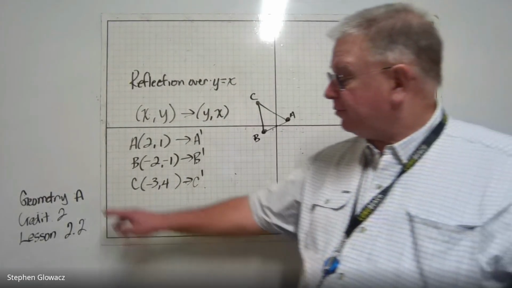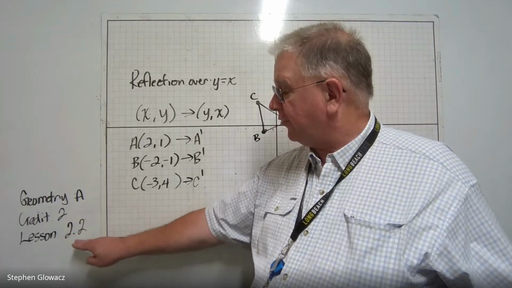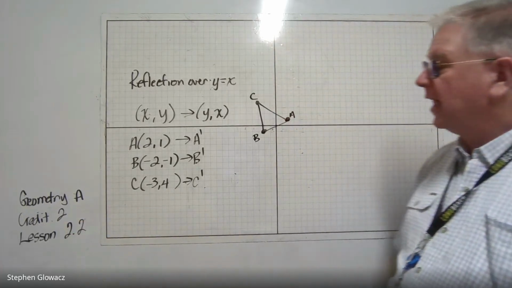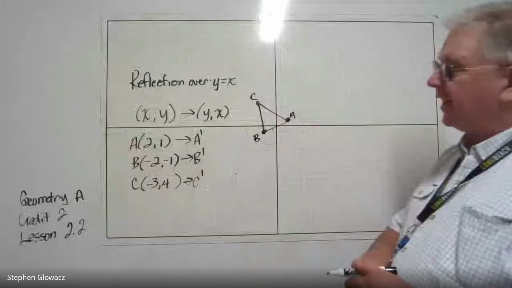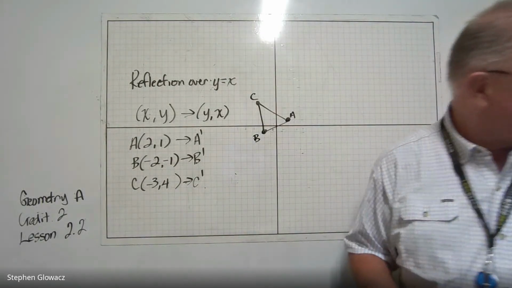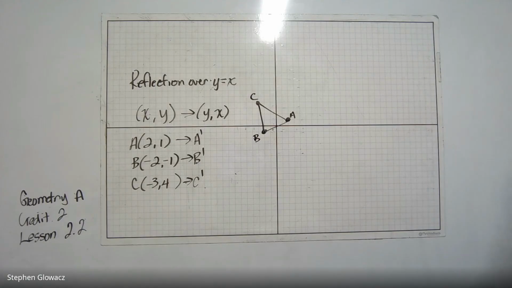These are the examples for Geometry A, Credit 2, Lesson 2.2. All right, in Lesson 2.2, we're going to be doing reflections. And the first reflection that we're going to take a look at is a reflection over the line y equals